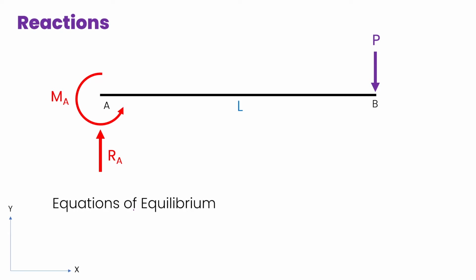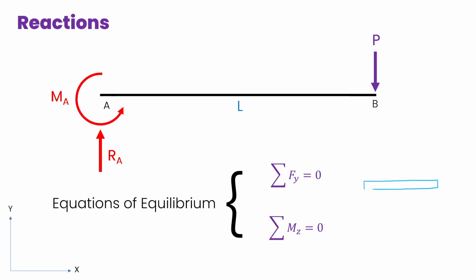Now there will be two equations of equilibrium in case of a beam, because it is again a coplanar parallel force system. If you do not understand what that means, go check out my previous video on the difference between determinate and indeterminate structures. So this is going to be our two equations. What these equations essentially mean is that for any body, for example, if we have this beam and we have certain forces acting on it, the summation of all the forces in the y direction, that is in this direction, is going to be 0. What that means is this body is not moving up or down. In essence, that is what it means.